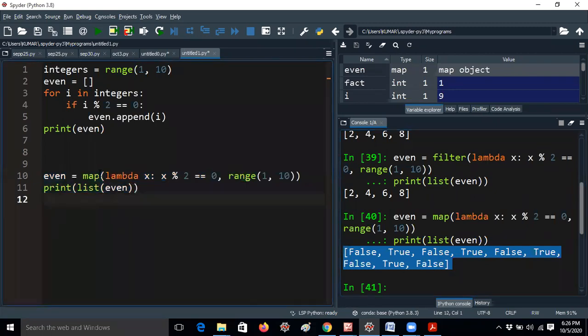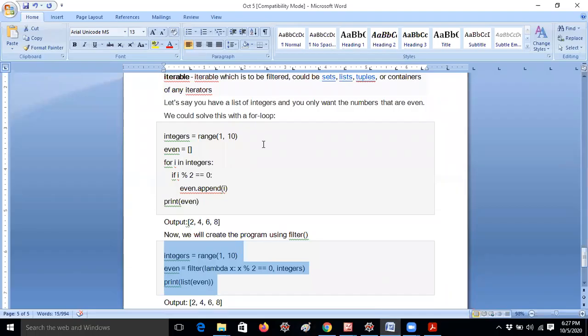So when do we use map, and when do we use filter? Once again, the map method is applicable when we have an expression like x into x, or ax square plus bx plus c. Here it is a conditional. For example, if you would like to check whether a given number is greater than or equal to 10, or less than or equal to 10, and you want to put conditions, then you should use filter. This is the basic difference between the filter function and the map function.